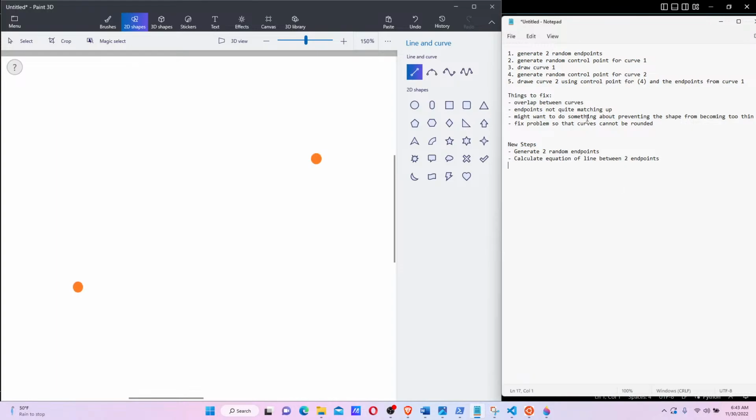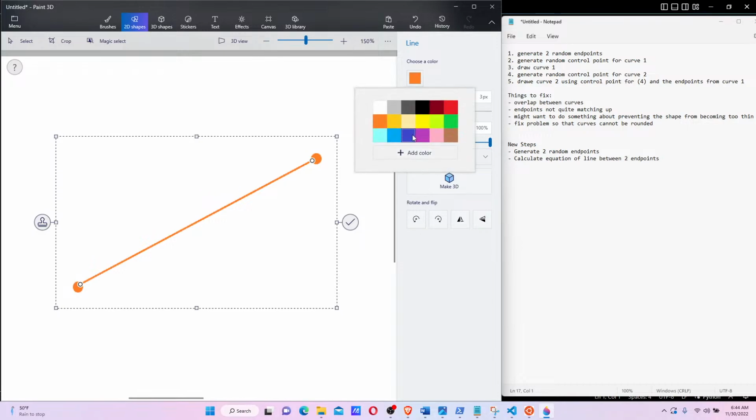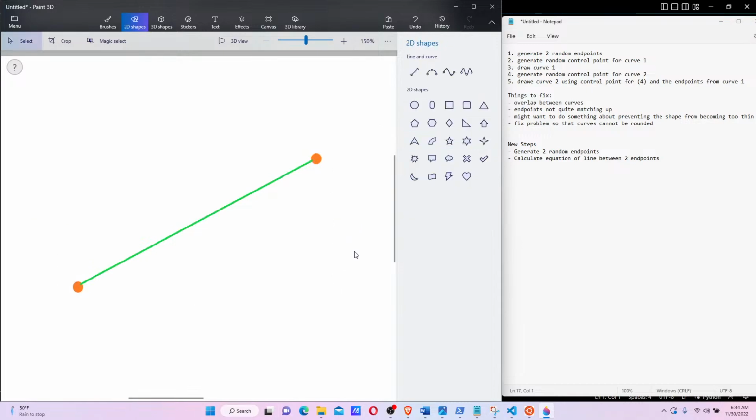That should be easy. So now making that line. Okay. Now